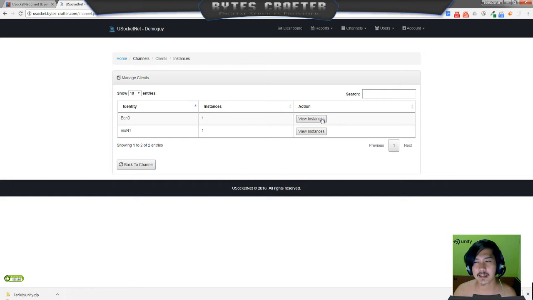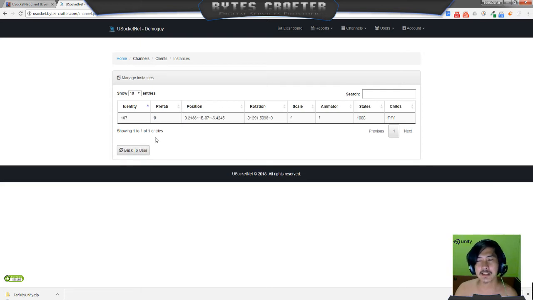What is inside instances? Now, inside instances, this is very good for debugging purposes. So you can have multiple instances of socket view, and they each have a unique local identity. What is the current index of prefab? You will set that. For example, you have 50 characters, so you will set that on the UseAcadNet. And then position, you can view it here.